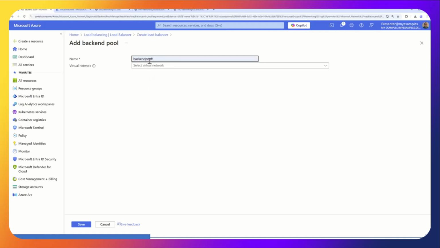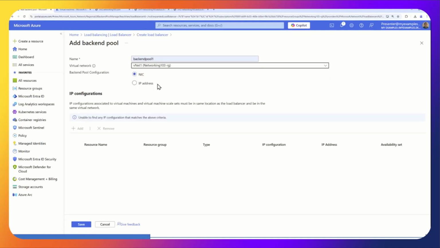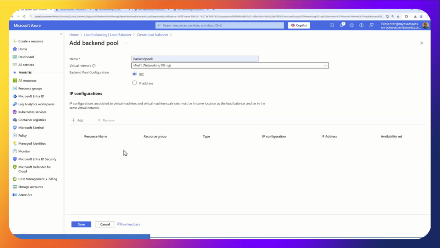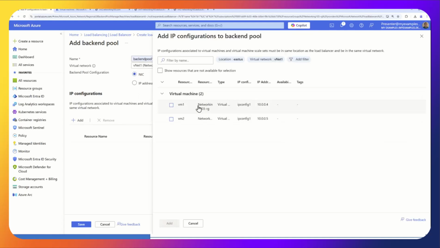So I'm going to call this backend pool 1. Obviously, you may call it web server pool, whatever you want to call it. Virtual network. I want to connect to my virtual network, the one we're working on, networking 103RG. Now I can add my targets. I'll click add. If I choose a virtual network, I can only view the virtual machines in that virtual network. So you don't have to worry about choosing the wrong virtual machines if you choose the correct virtual network. Well, I want to use both of these. Hit add,